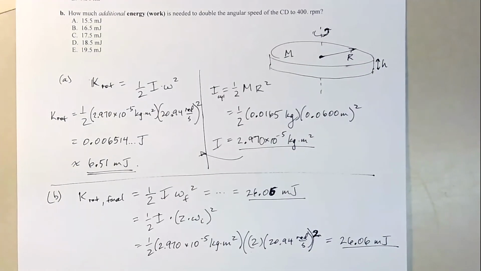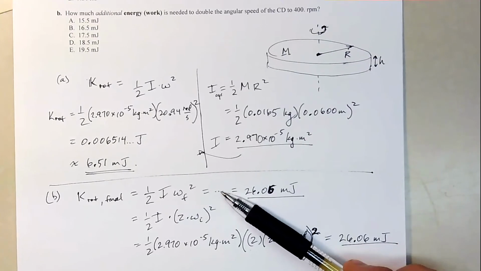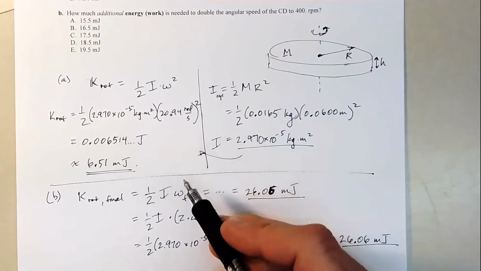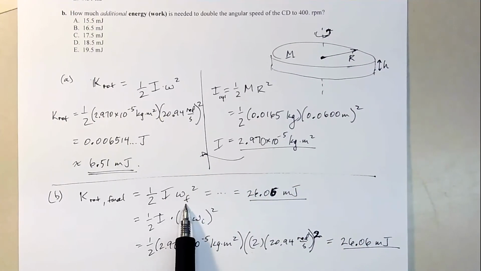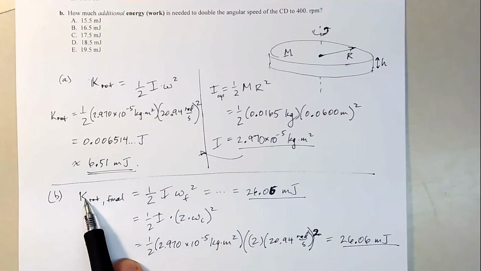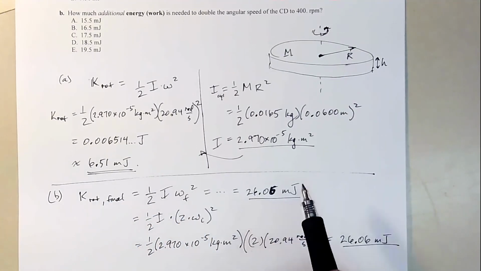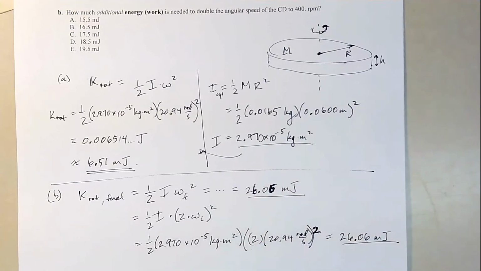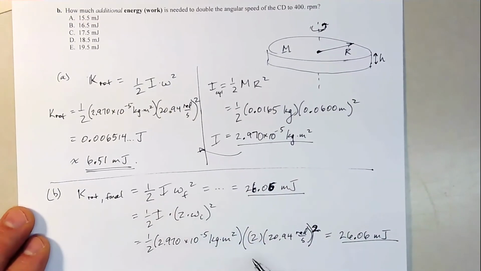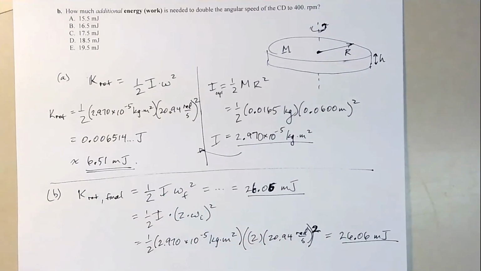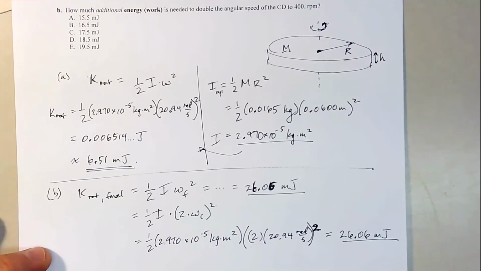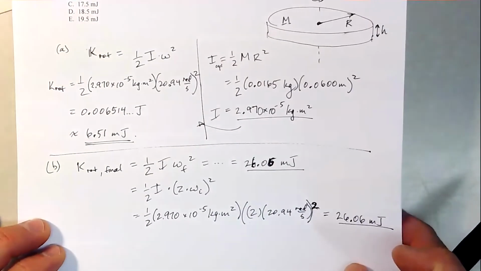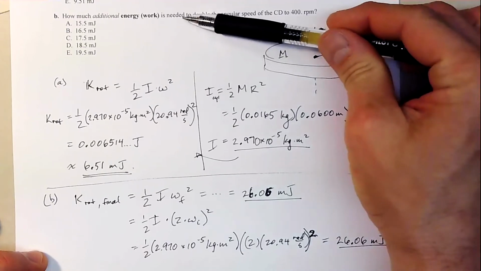Okay. So you can see how using proportional reasoning here works, right? If we wanted to just double the value of omega, that should quadruple the value of K rotational. And I can do that quickly and easily without much further calculation, basically just taking the original value and multiplying by 4. All right, now we can try and actually answer the question, which is asking what is the increase